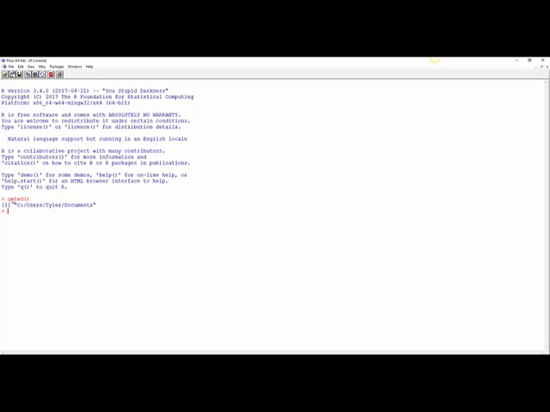Now, if you remember right, I saved my file on the desktop. So what I want to do is tell R that I want to work on the desktop. So we need to set the working directory. I need to use the command setwd and then enter in the